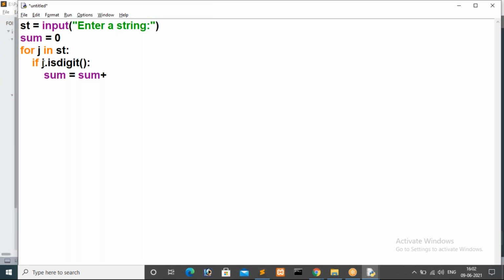Now what is the value inside j, guys? Assume you are getting 1.isdigit(), so that condition is true. Condition true in the sense you have to use the value inside j. Absolutely, sum plus j, you have to use sum plus j here. But just remember one thing: does j belong to integer or string? Observe, does j belong to string type or integer type? Varshini Reddy, are you sure? That is string type. Absolutely, j is a string type.